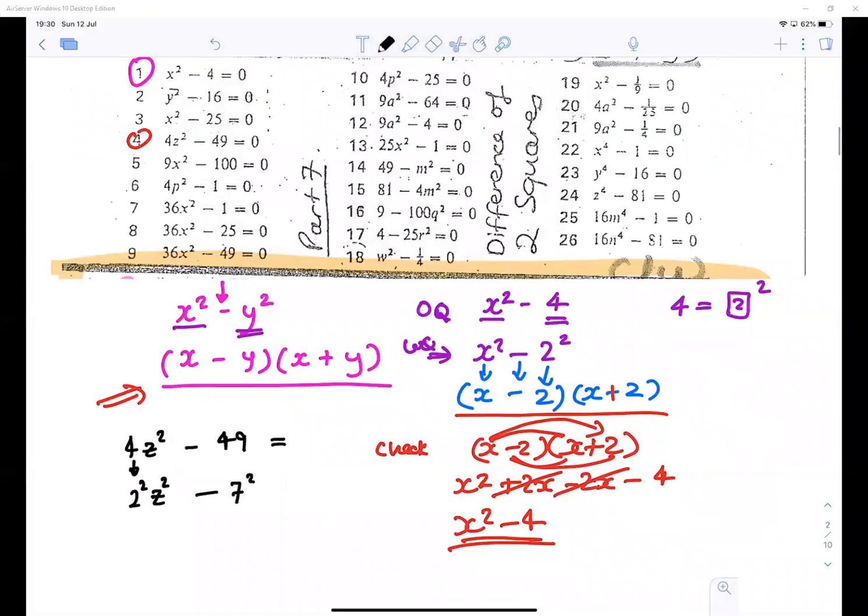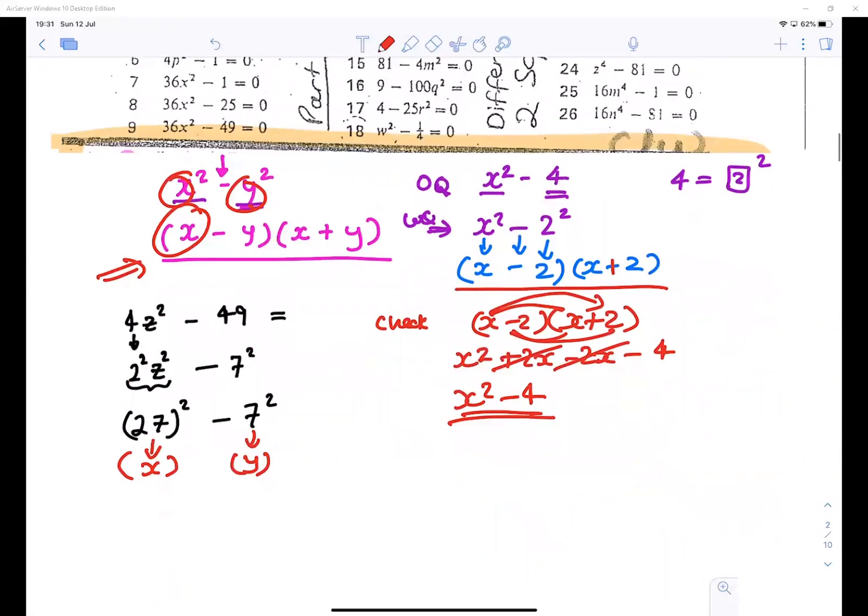Now, how can we write this bit here more simply? The 2 squared z squared. You just write 2z. So 2 squared z squared can be simplified as 2z, all of it squared. Now if you think about it from our original format, x squared minus y squared, there's my x, and there's my y. So it'll be